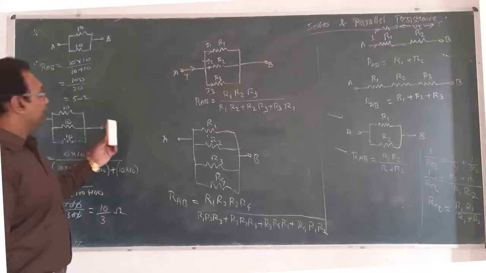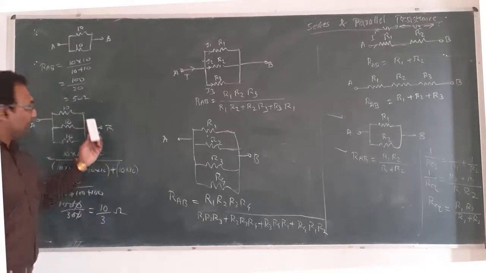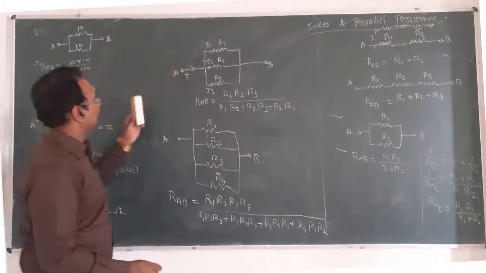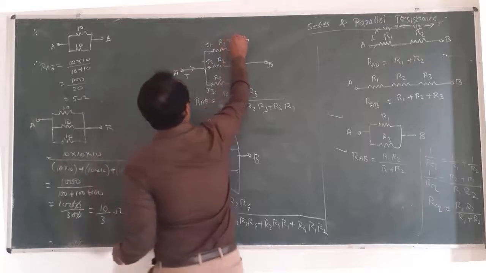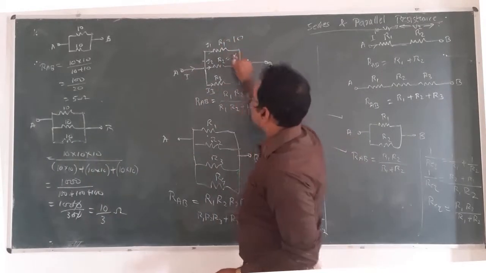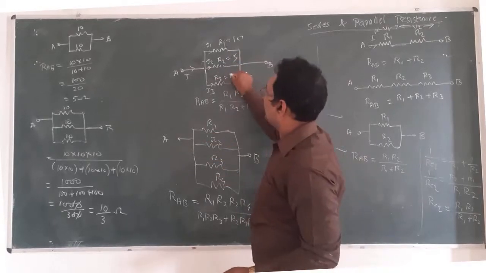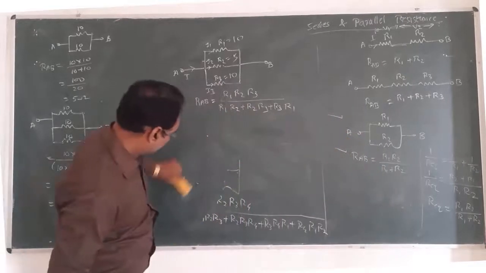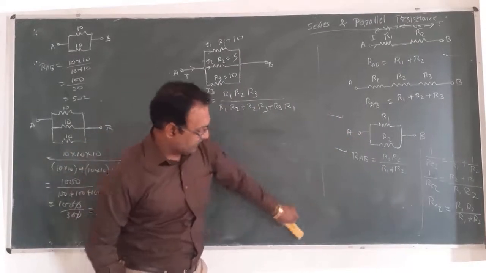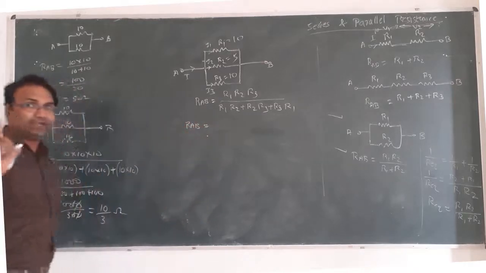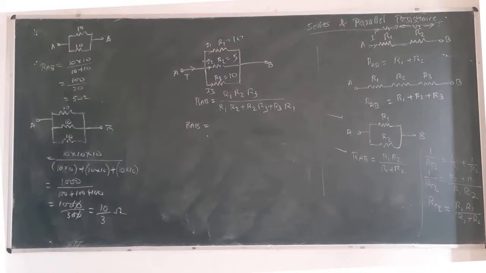What if we do the same numerical? If we do the same numerical, but we have to see the values differently. Now if we change R1 equal to 10, R2 equal to, suppose, 5, and R3 equal to again 10, right? So what do we have to do now? We have to use the same formula for RAB. There is a very important concept behind explaining all these three numericals, okay?